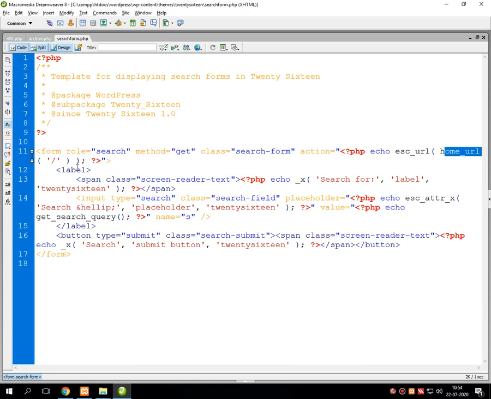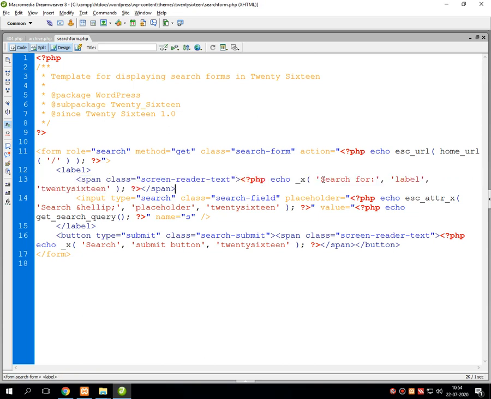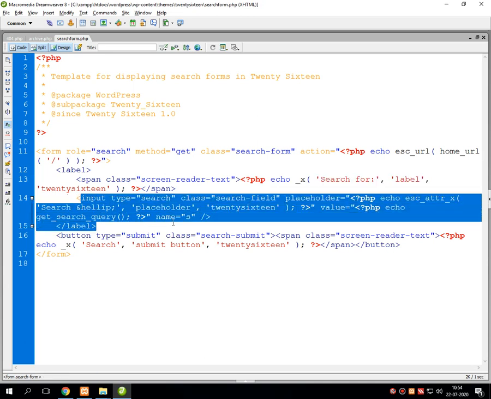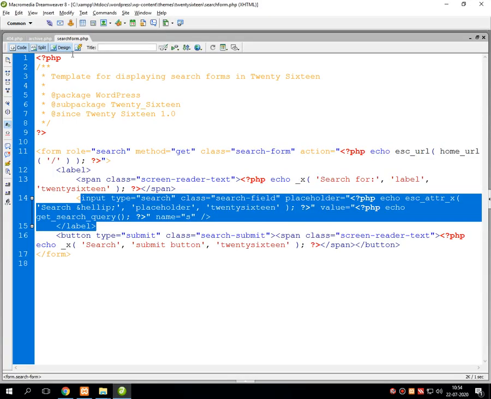Then if anything is found in this search text box, it displays with the label, otherwise it will display: sorry, but nothing matched your search item, please try again later with some different keywords, and it returns a bigger search text box over here. That is possible due to the searchform.php file.